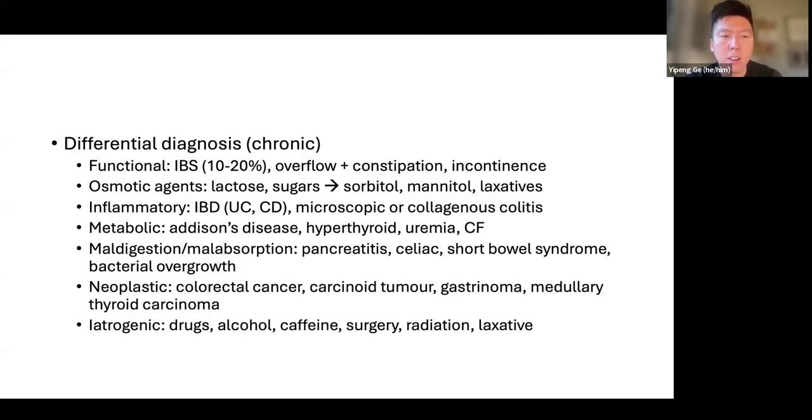So functional, meaning irritable bowel syndrome, actually accounts for 10 to 20% of chronic diarrhea. But once again, I think of it as a diagnosis of exclusion unless you're quite certain and the patient has talked to a few other doctors or health professionals before and was thought to be irritable bowel syndrome and we're sure that's what it is. Then you can just manage the symptoms. But I try to leave it for a diagnosis of exclusion just to make sure we've ruled out